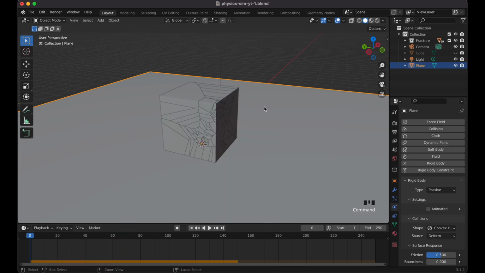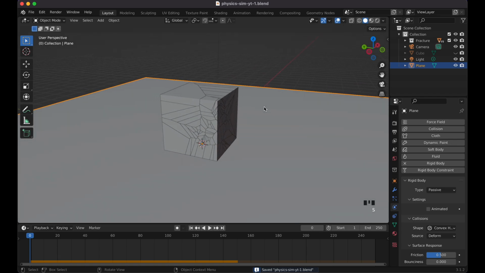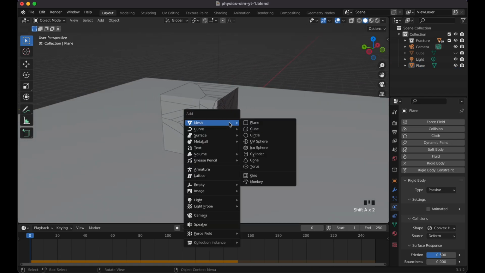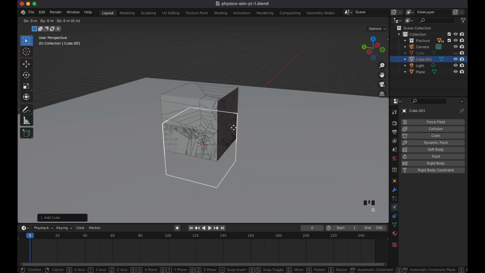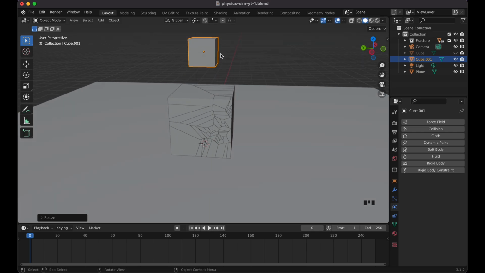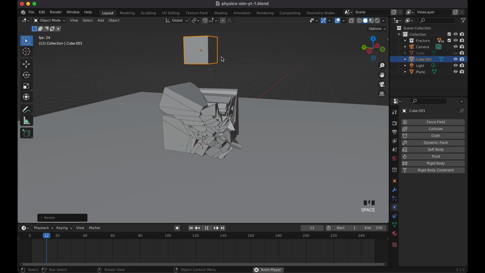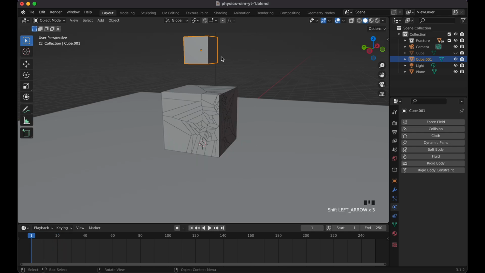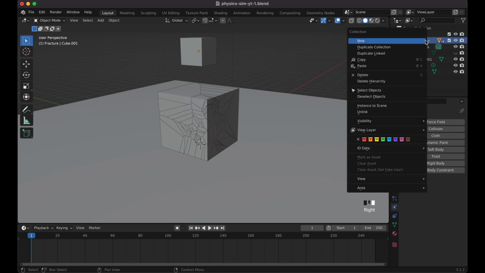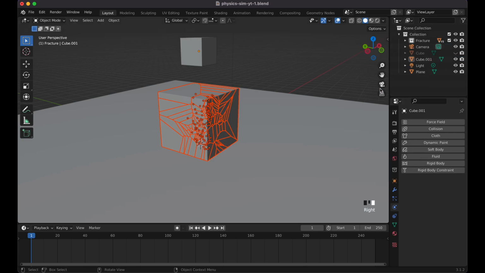All right, so now let's just say this really quick. The way we do this is first off, let's Shift A again. So I'll click off first, Shift A. And let's do a cube, a little different. And I'll just do G, Z, move it up, and let's just scale it a little bit like this. Now, see right now, the problem is if I were to just hit space, it's automatically moving. It's already breaking. So what we can do is click on a fracture here, right click it, select objects, and